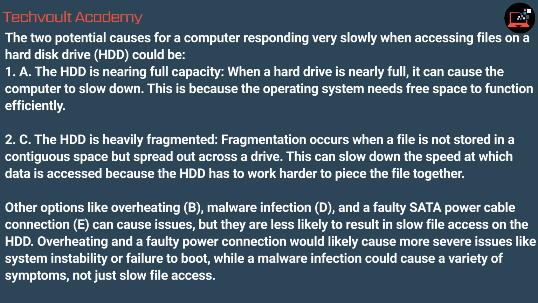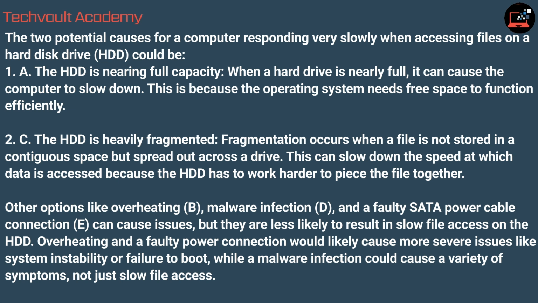2. C. The HDD is heavily fragmented. Fragmentation occurs when a file is not stored in a contiguous space but spread out across a drive. This can slow down the speed at which data is accessed because the HDD has to work harder to piece